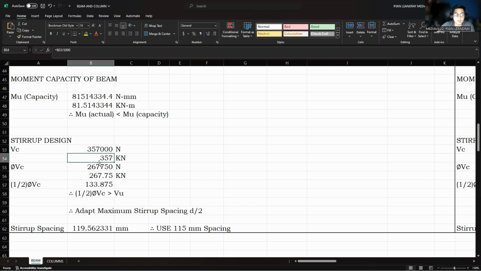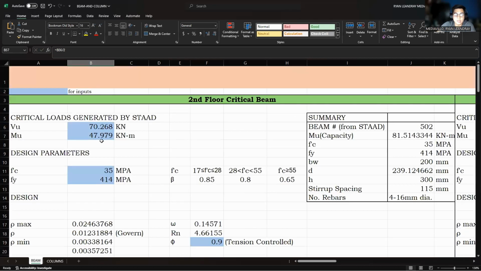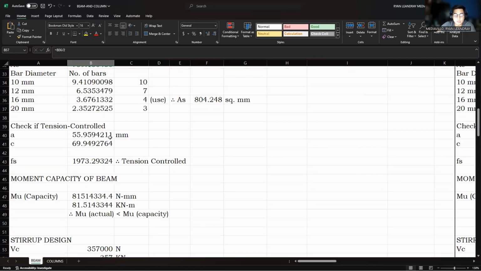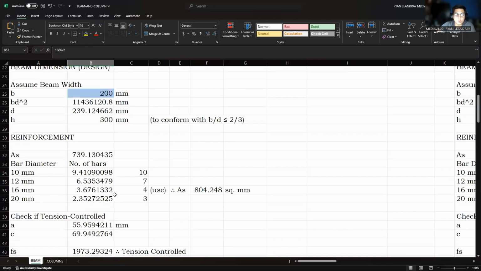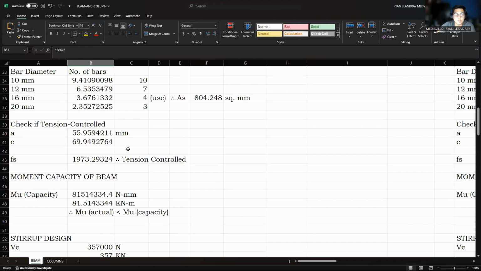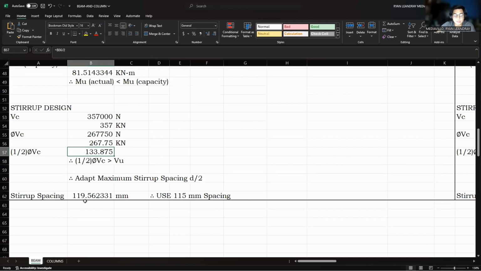And upon getting the Vc, it shows that one half of the phi Vc is greater than the given shear. So that concludes that the stirrups that will be used are also adequate, and for that, it is to adapt the maximum stirrup spacing, which is d over 2, which is 239.124662 millimeters,